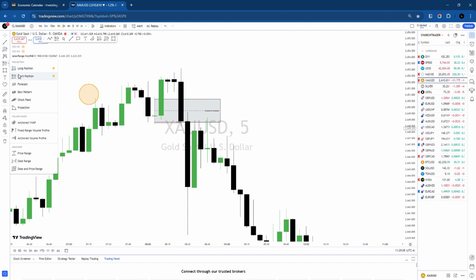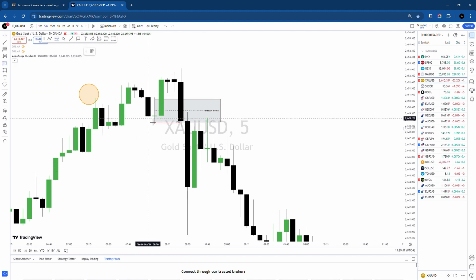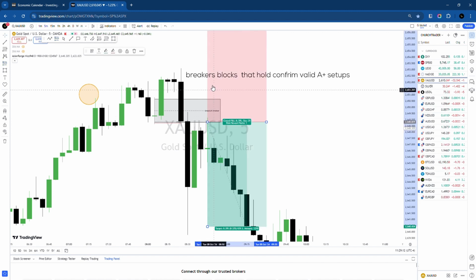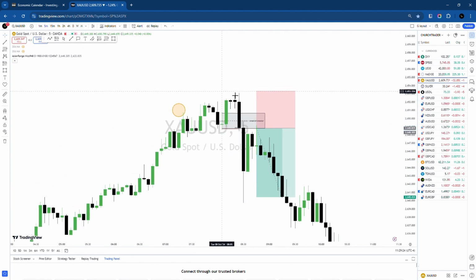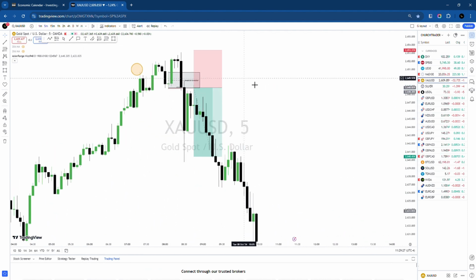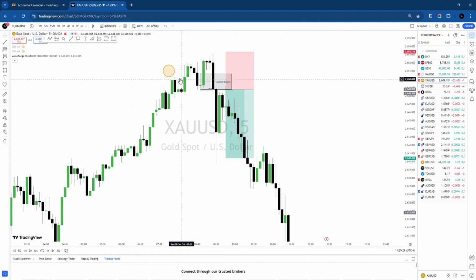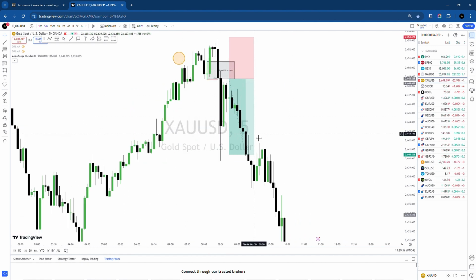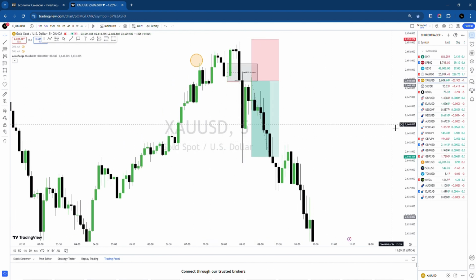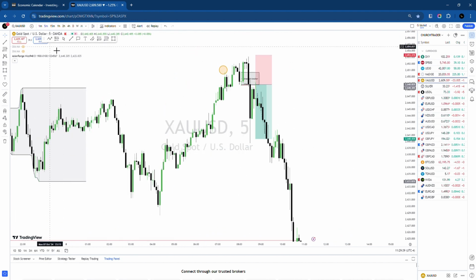With ICT concepts, this breaker block is supposed to hold. ICT says that if you trade breaker blocks, you should be able to take your position when price comes back and touches the breaker block, and then your stop loss will be either on the high of the breaker block, which is this one, or you can decide to be safe and put your stop loss at the exact previous high that was created, right? So this is how I saw and took the